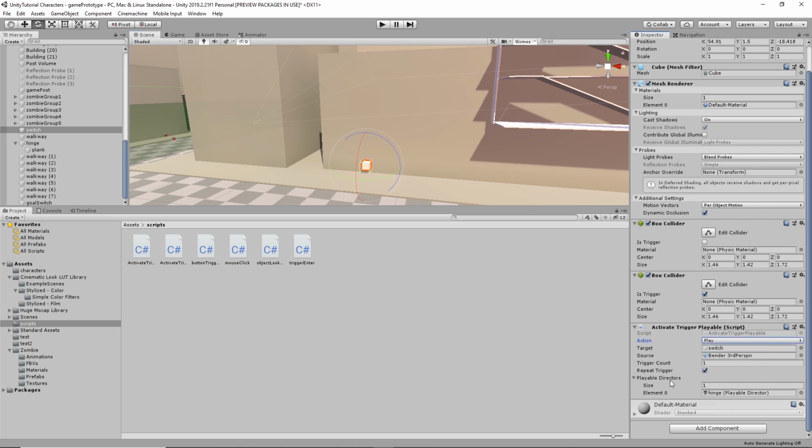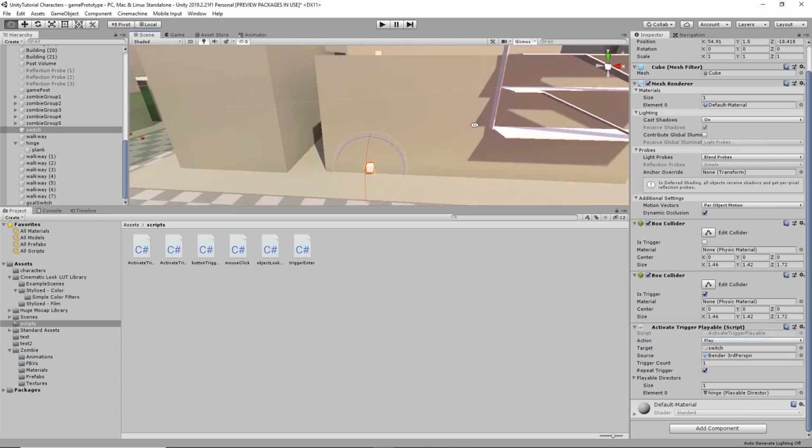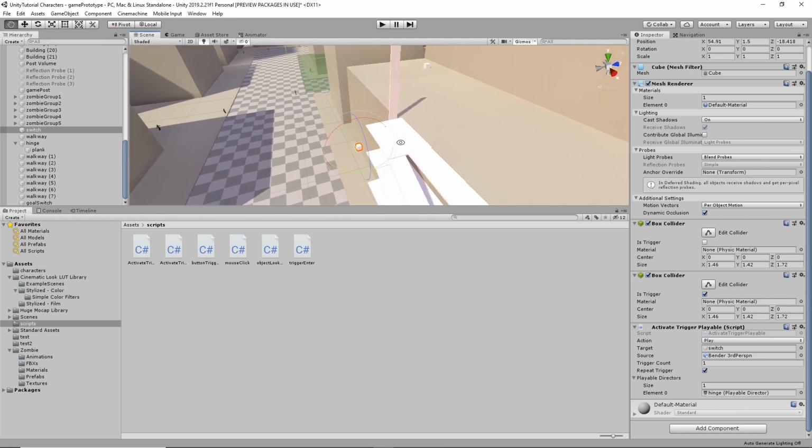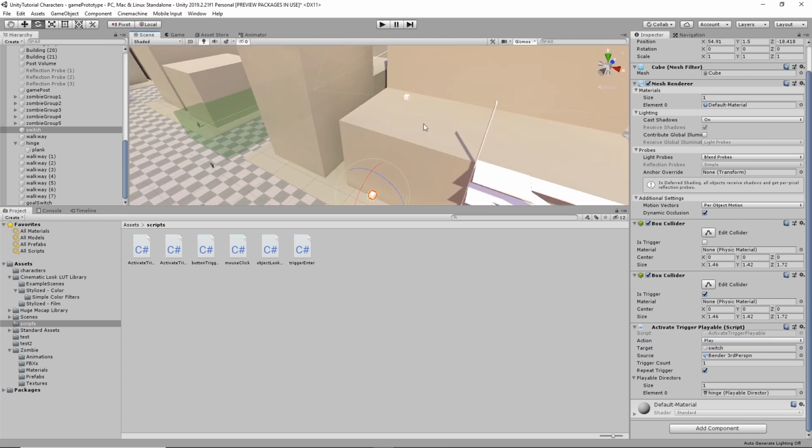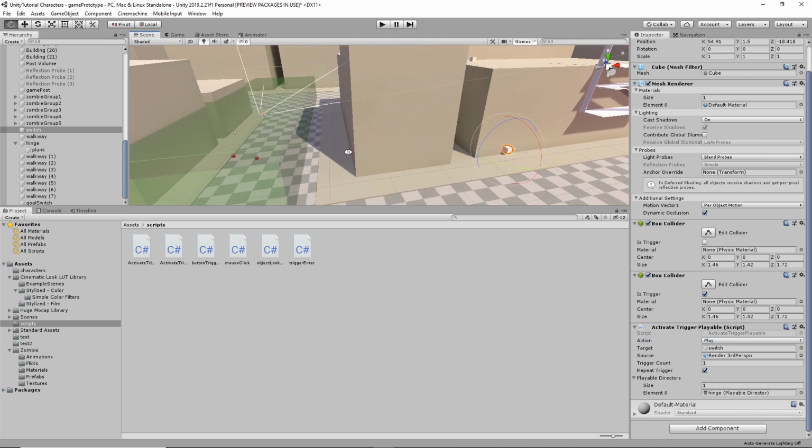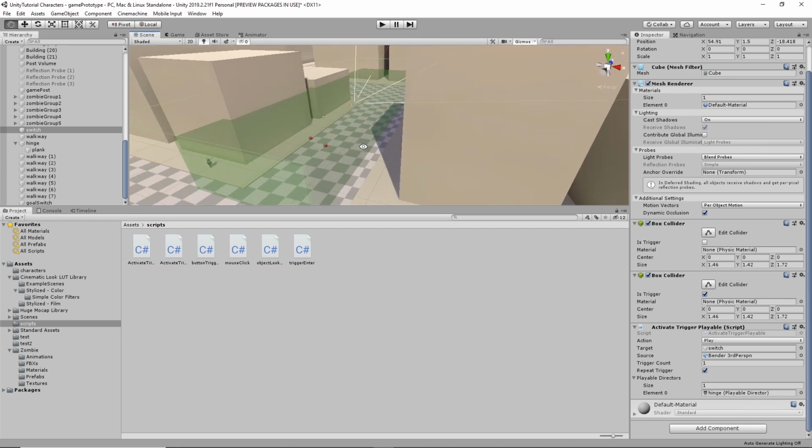And you can have as many playable directors as you want on it. You just have to create a certain number of them and then target the playable directors here. And whatever playable directors you target, it will animate when you collide with it. So then we can go up here, and now we can add our game menus and deactivation and activation scripts